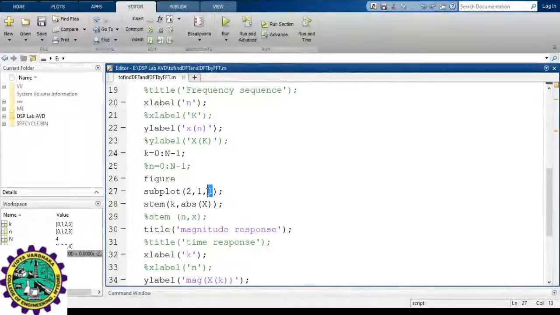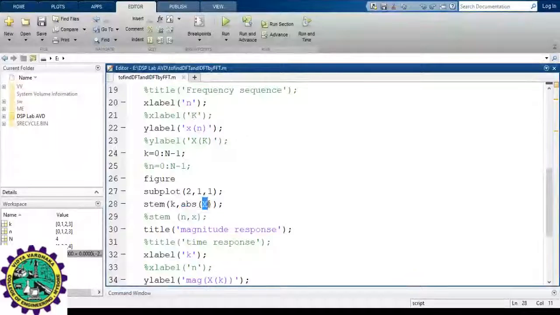In general, capital X may not be a real number. It will be a combination of real as well as imaginary, in other words, it could be complex numbers as well. But in the magnitude response, I need the absolute value, right? So for that, I'll use another inbuilt function, that is ABS of x. Which x?